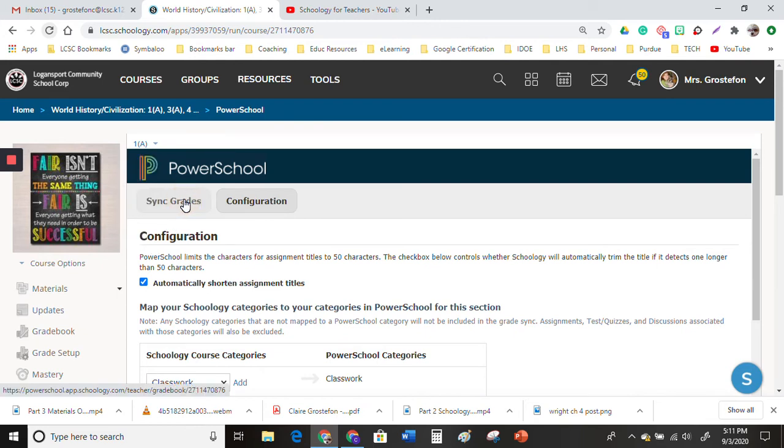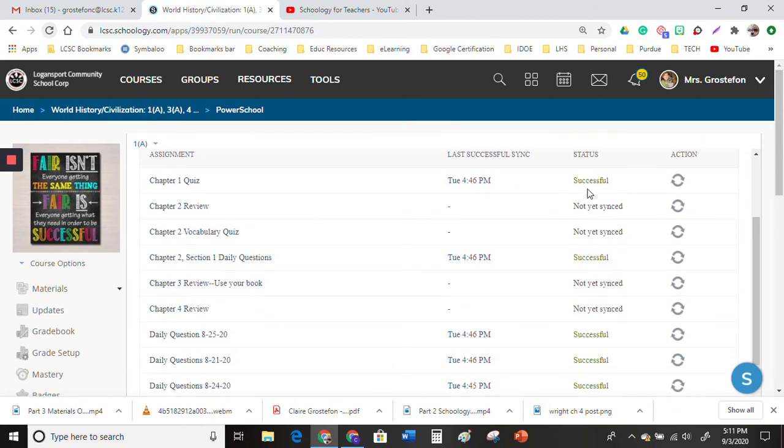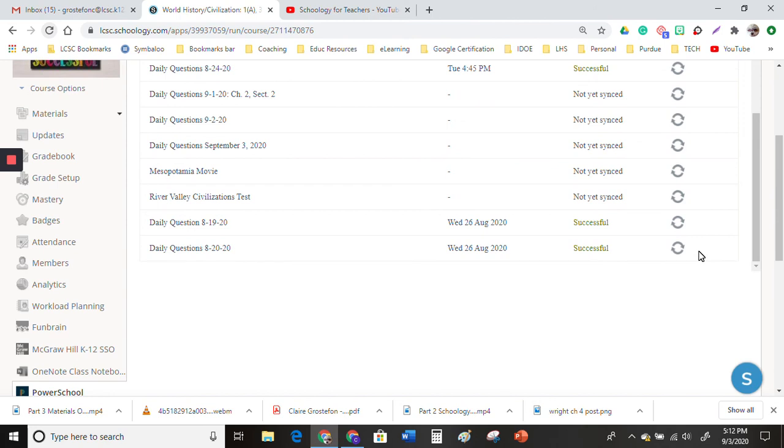But once you've done that, you just go to Sync Grades. Click it again. Give it a second. And this says successful. So here's where you go and you click for it to sync. And if everything's set up right, this will be a blue blinking set of boxes for a minute. And if it lasts too long, you might just go and open PowerSchool and then hit refresh and see if they're there. If you have an error, if you ever go down and it says error, view error, generally it's going to have something to do